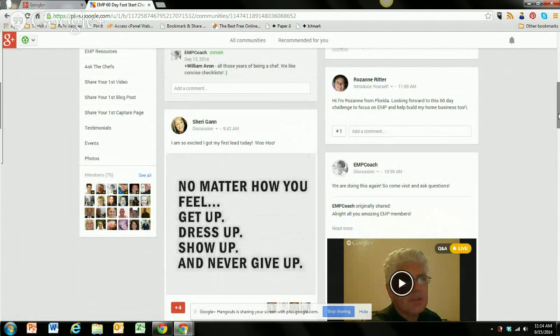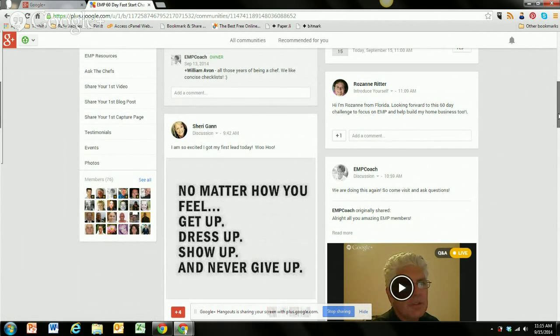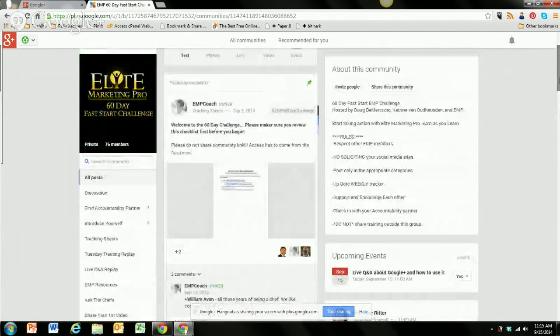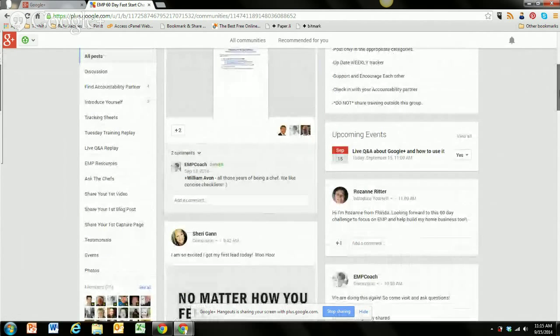So if you want to do some keyword specific information, your keyword post, Facebook doesn't do this, Twitter doesn't do this, nobody else does this but Google. Why? Because Google loves Google. Every post that you put on Google is indexed by the search engines as content. So keep that in mind as you use this platform to help each other.